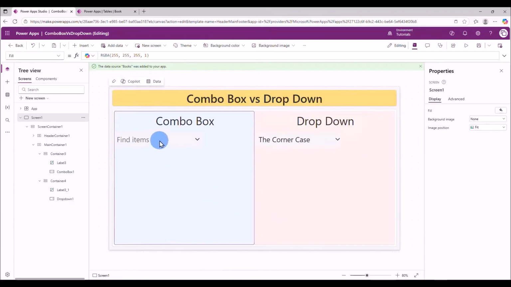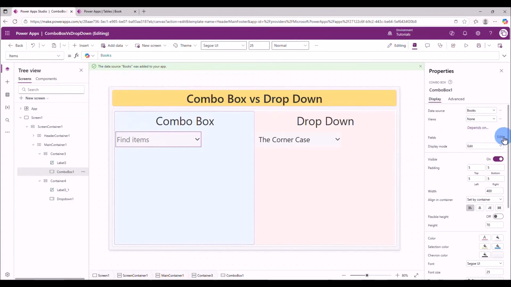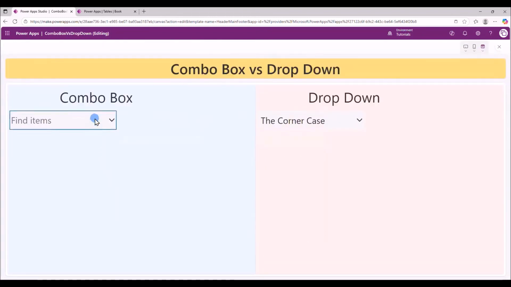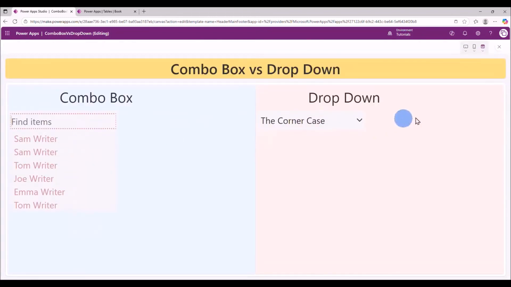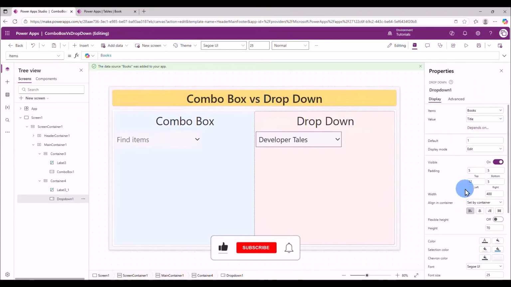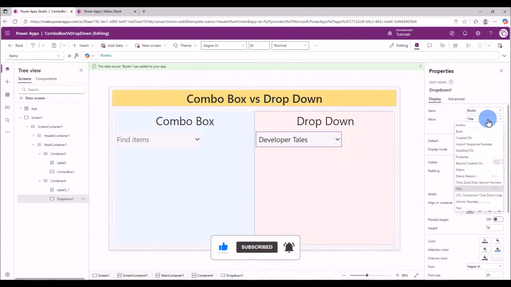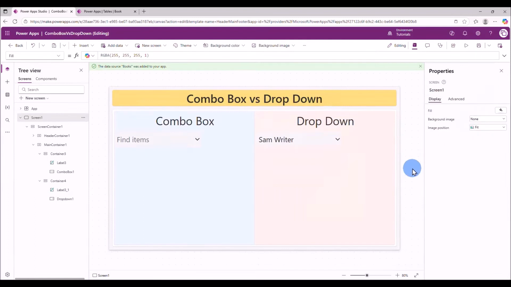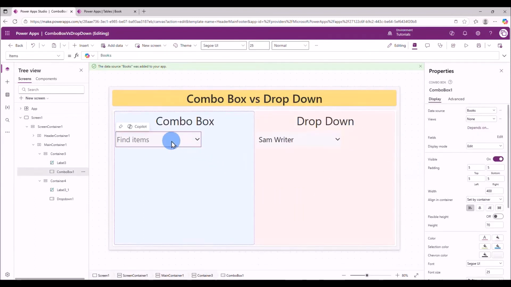For the combo box, you can change the fields that are displayed here. So currently it is displaying the book title. I can change to author. And here they are. Here, title. For the drop down, it is in the value field. Here. Okay. One difference is that the combo box allows both single or multiple selections, while the drop down allows